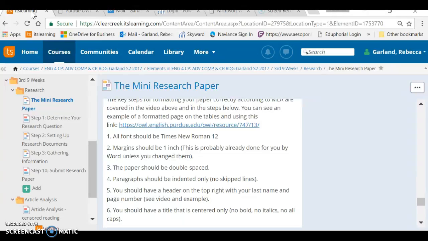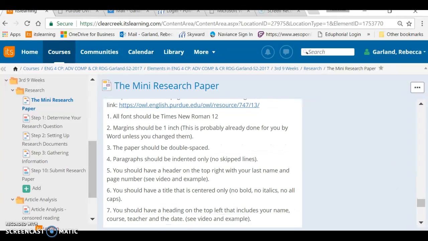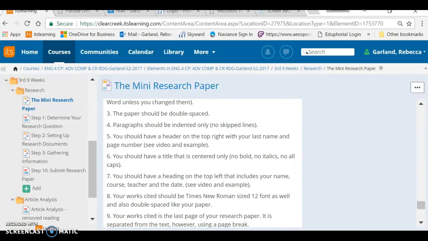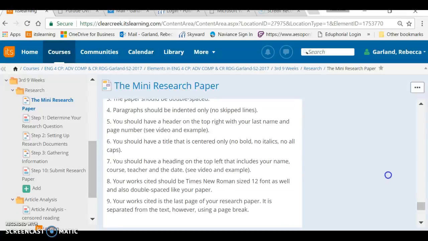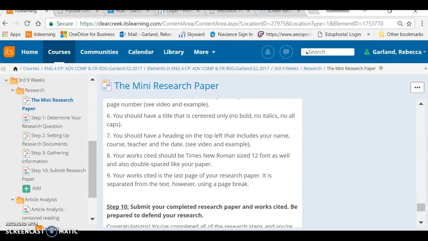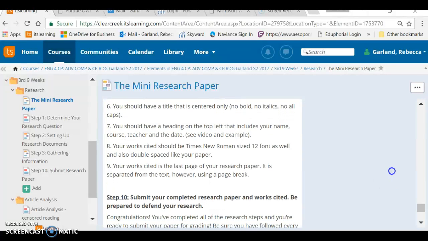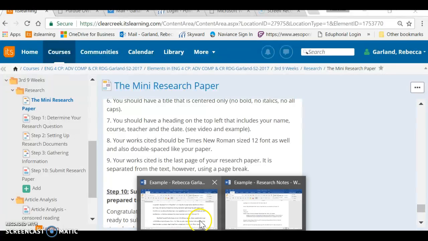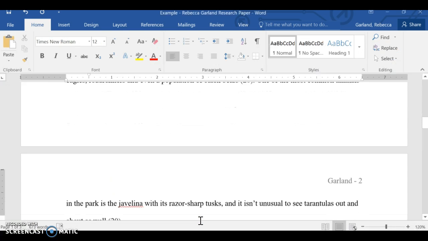All right, Times New Roman 12, yes. Margins, yes. Papers double spaced, yes. Paragraphs are indented, yes. Header on the top right, last name and page number, yes. Title that is centered only, yes. A heading on the top left with your name, course, yes. Works cited should be in Times New Roman 12 as well, yes. Your works cited is the last page of your research paper. It is separated with a page break, and that is